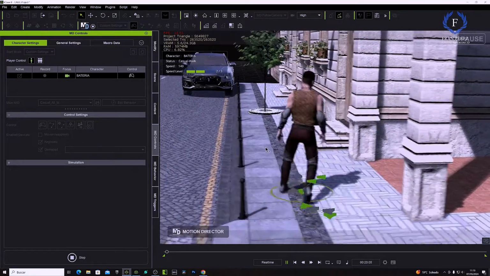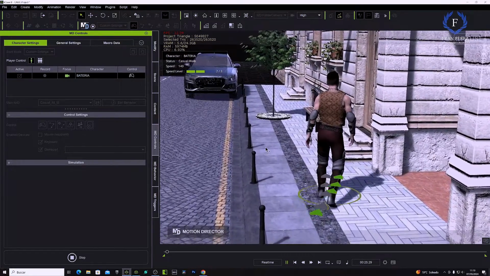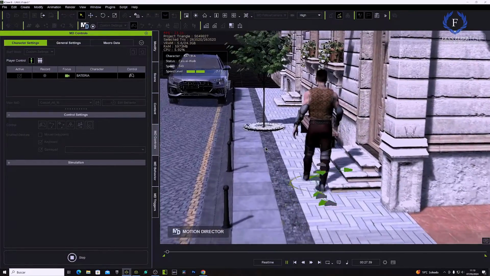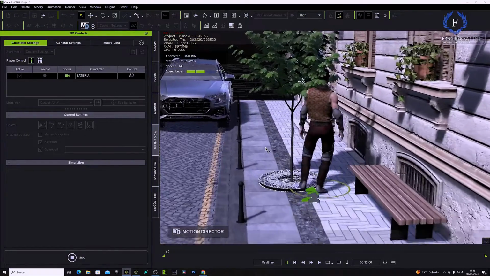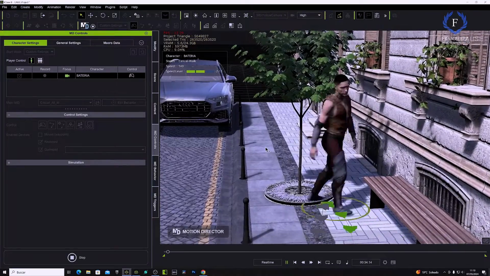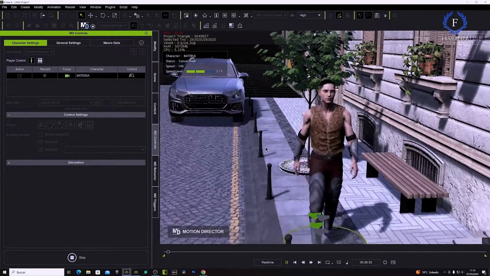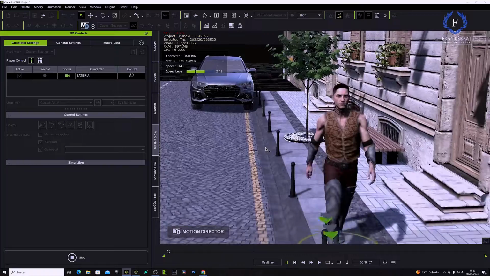Now let's see if it acts. Okay, it doesn't act. However, if we press W, it acts and walks, perfect. We are going to stop, because here we see that the mouse has been deactivated. I mean,